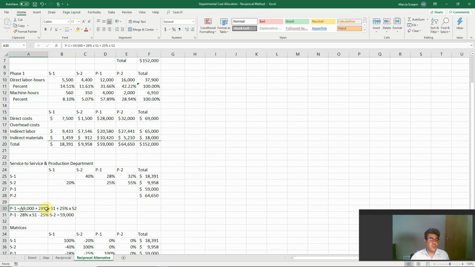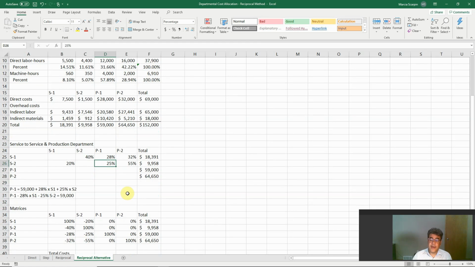For instance, let's do the production 1 cost here. Production 1 cost will be 59 plus 28% of service 1 department plus 25% of service 2 department. And then let's arrange these numbers. Production 1 less 28% of service 1 less 25% of service 2 equal 59. And then we have this simultaneous equation,